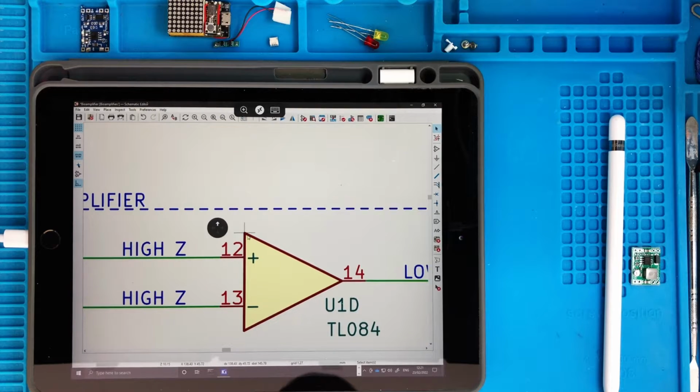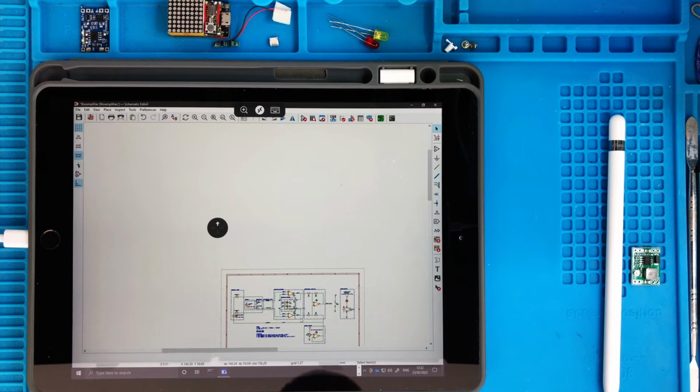So you see this triangle shape of the operational amplifier is a black box with 2 inputs and 1 output, and they have a number. These are the number of the pins, exactly as we have seen in the pinout of the Arduino. So let's say the properties of the components usually are the designator, which is a label telling you which is the instance of this component you have in the schematic. For instance, this one is U1D, and there is also